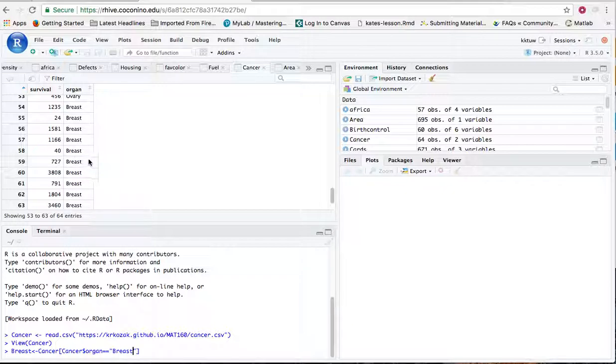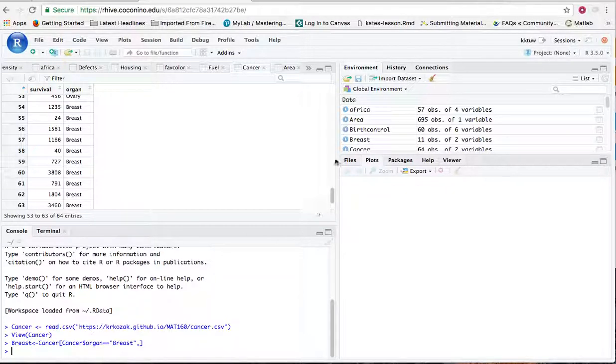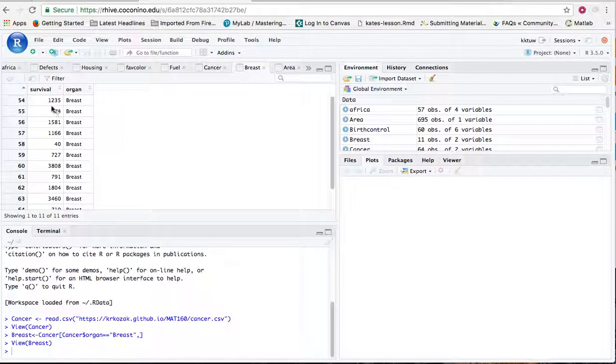I notice breast is capitalized, so I will make that capitalized. Notice Cancer is capitalized because my data set name Cancer was capitalized. And notice organ is lowercase because when I look up in the data set, I notice organ is lowercase. Then after the quote, you put a comma in, hit enter, and you now should have a data set called breast created. If I click on breast, you'll now see I have the survival times,